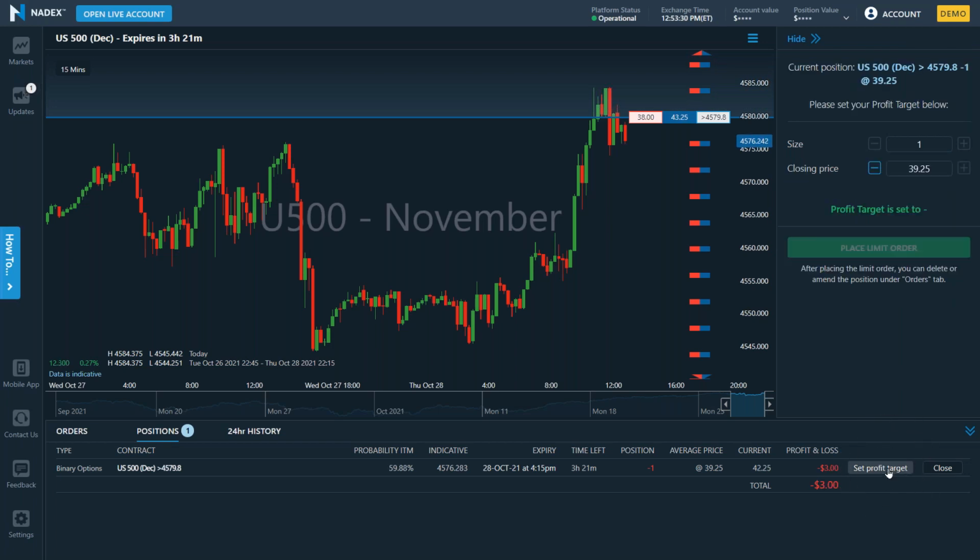Okay. I sold it at 39.25, and I think it might just come down a little bit before the end of the day. I still got plenty of time. I might want to buy it back down at 29.25. I could try to buy it back for 29.25. And if I did buy this back at 29.25, I sold it at 39.25, I buy it back for 29.25, I'd make 10 bucks.